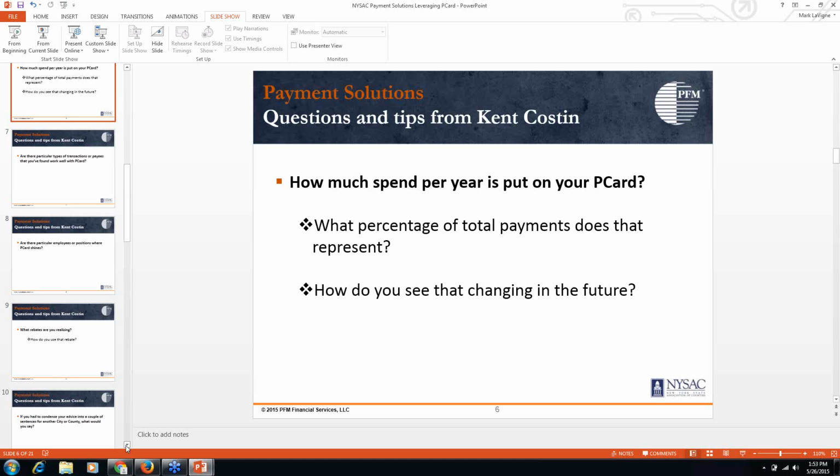But if you just take out your budget and look at your operations accounts within your total citywide organization, subtract out all the payroll and probably a lot of the capital and all of the debt service, we have about a $250 million budget every year. I don't have the sheet with me where I did the analytics, but you've got to boil it down to what you think is the vendor population of people that could potentially offer a credit card payment method, and of those, we think we're doing